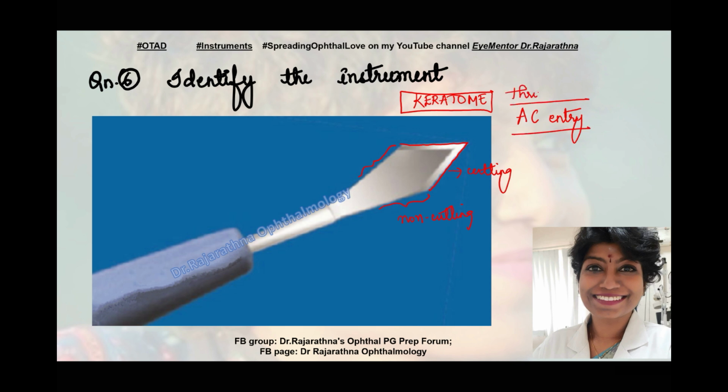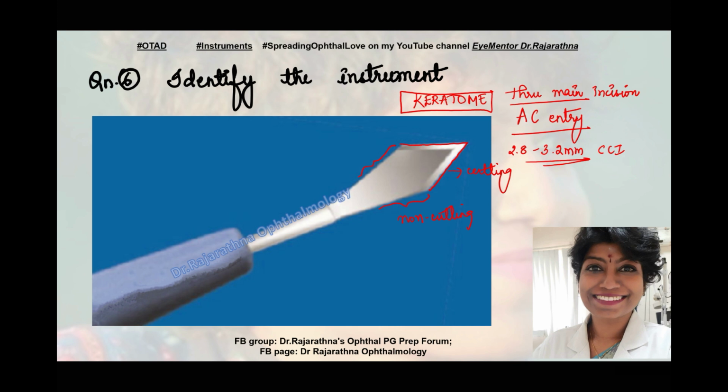through the main incision. Yes, so your triplanar incision, the last bit of your sclerocorneal tunnel, especially when you're entering into the AC, is through this instrument, the keratome. As somebody asked me in the previous discussion, ma'am, the sizes vary, depending on your phacoprobe diameter essentially. So usually it's between 2.8 to 3.2 millimeter, this keratome, if we are planning for a peripheral clear corneal incision, as in for phaco.